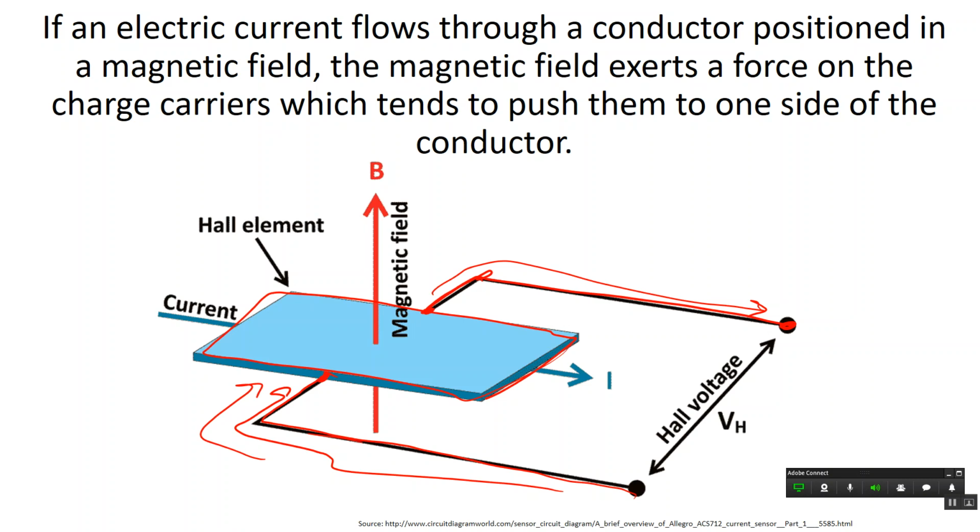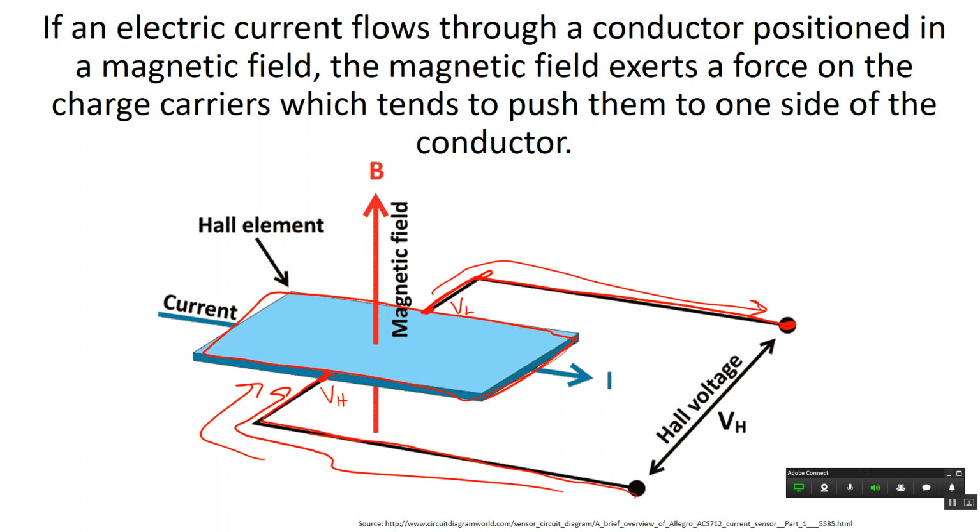And if there is no magnetic field, then the current will just go straight, because V is going to be high here and V is going to be low here. And the electron, or the proton rather, if you're thinking about it with positive charges, whatever it is, the charge is going to want to go from high potential to low potential. Or the electron is going to want to go from low potential to high potential, depending on how you want to look at it. But those electrons, as they're passing through this plate, are actually free to move anywhere they want in this plate. They're only going straight because that's where the lowest potential is, and charges are going to go towards the low potential. However, if I put a magnetic field